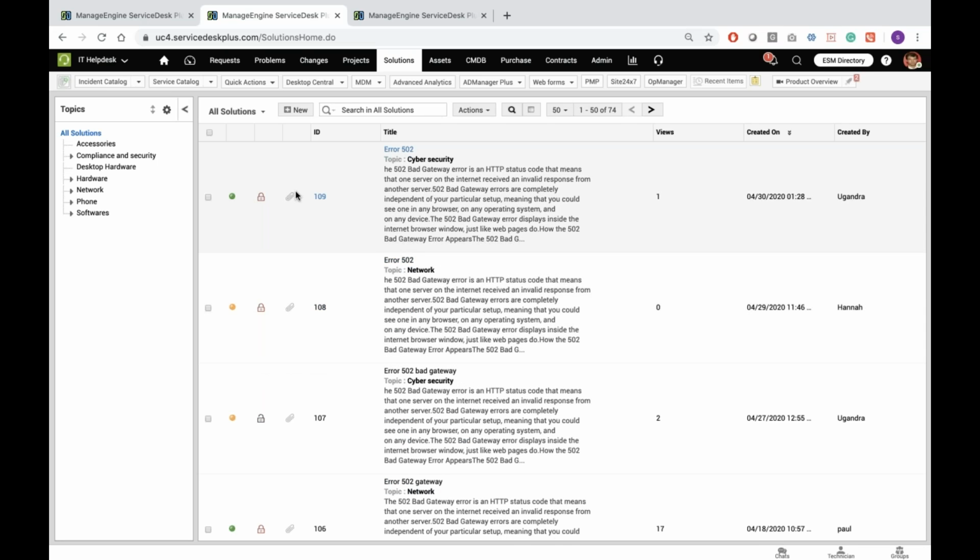So this knowledge management not only helps the end users, but also the technician community. So any approved solution which is not published for the end users is going to be available for the technicians. And the best part is that when technicians are working on incidents, the resolution is going to be pre-populated with solutions that are readily available. This helps the technicians to share the information right away with the end users as well.